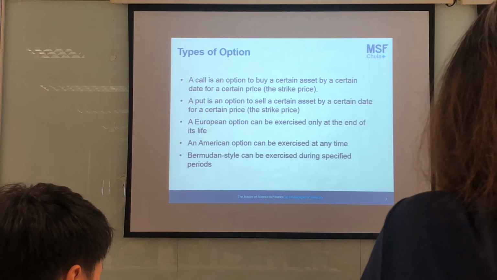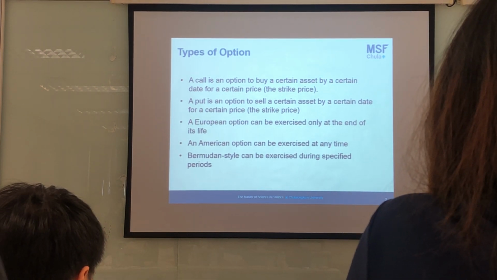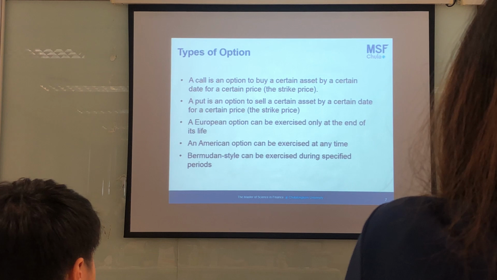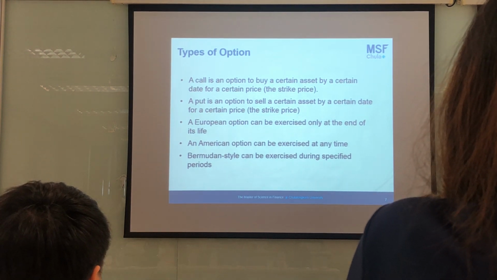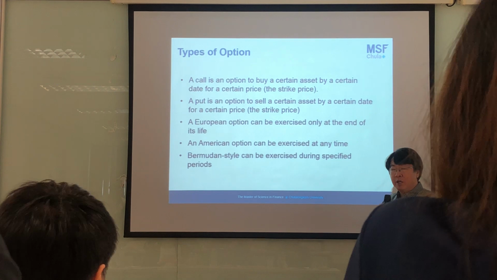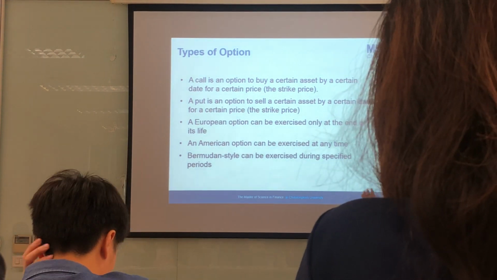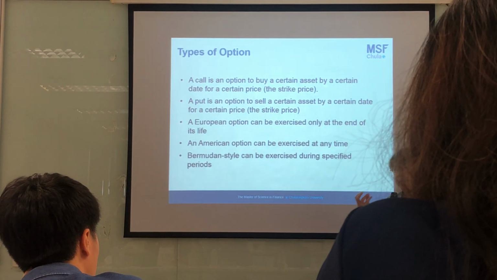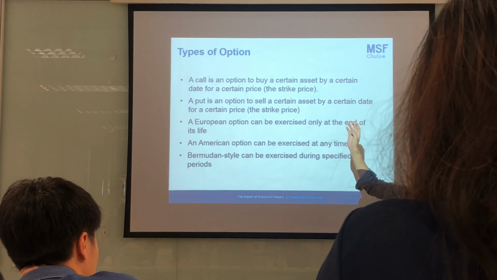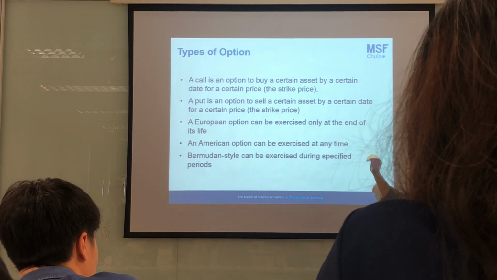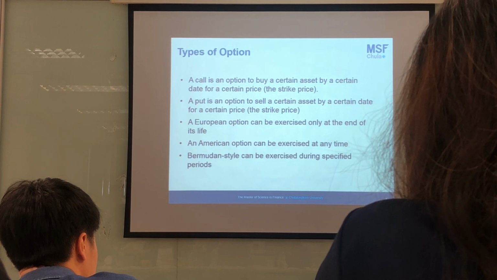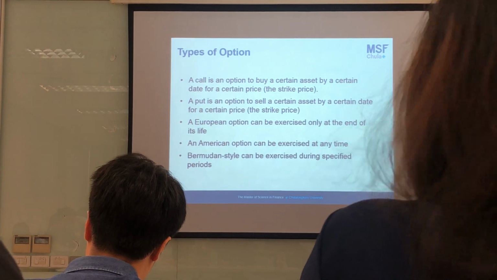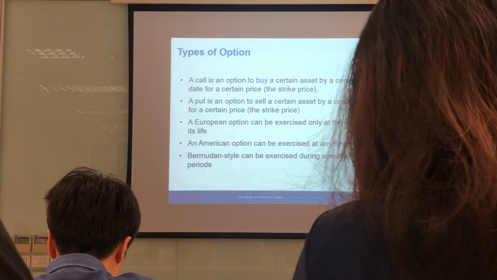Okay, what is an option? If you understand the example that I just mentioned for the BBL warrant, then you understand more about options. An option is the right for the holder to buy or sell the underlying asset. In the case of the BBL warrant, it is the option that you can buy the underlying asset, so in this case it's called a call option. A call option is the option that the holder can exercise, or use the right, to buy the underlying asset at some certain price.